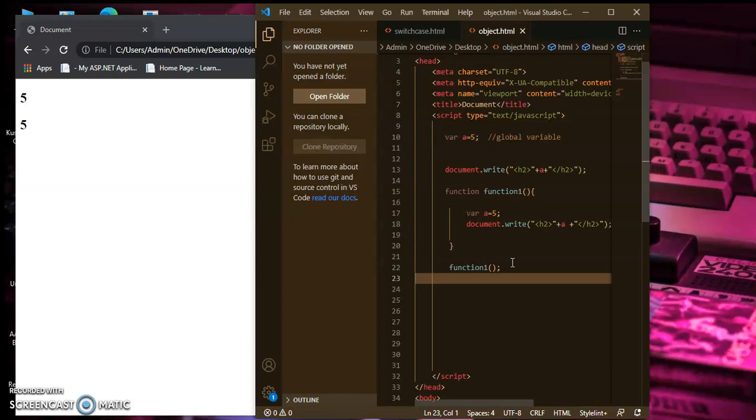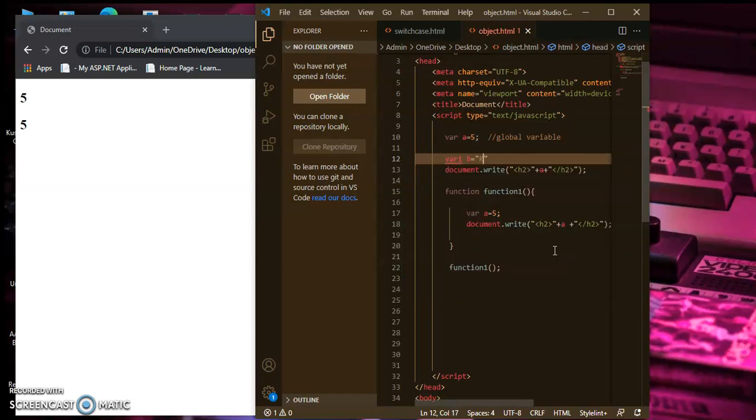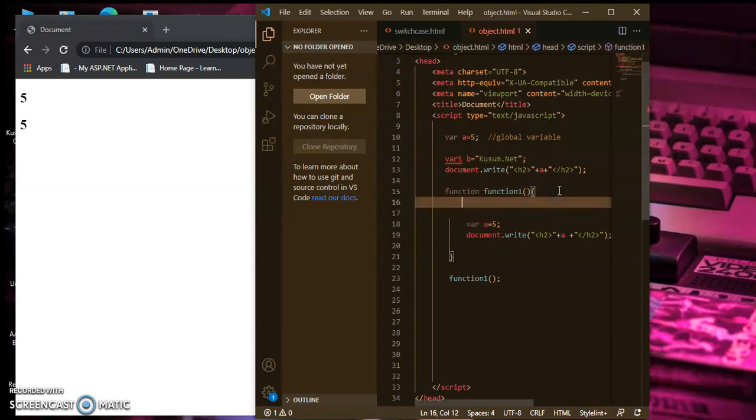Now you can also use, in place of the var keyword, a variable without the keyword, a or b, no need for the var keyword. Like a equal to, or b equal to kusum.net, like that. This variable inside of the function also you can use.